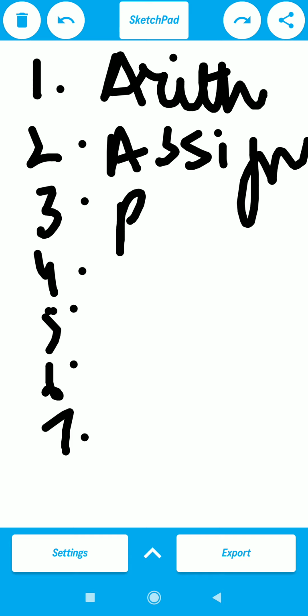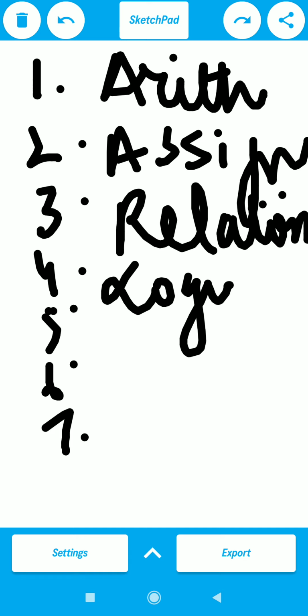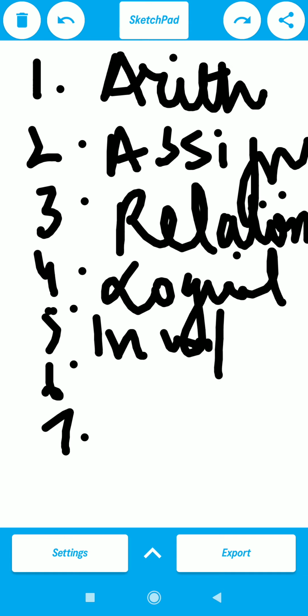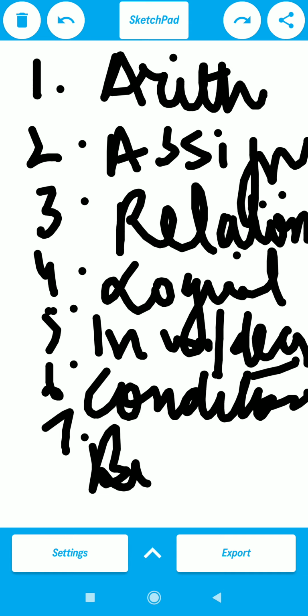Third one is the relational operator, where we can find the relation between two variables. Next is the logical operator. Then the increment or decrement operator. Then the conditional operator. Then the bitwise operator.